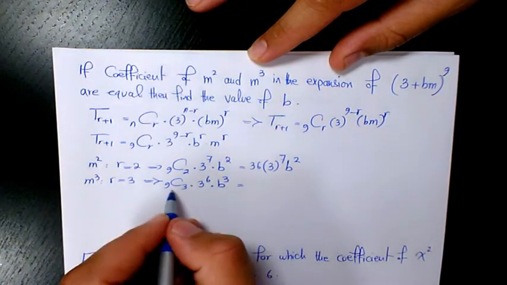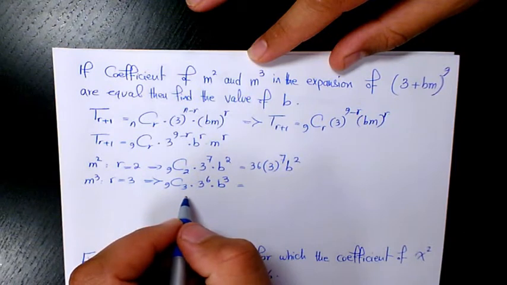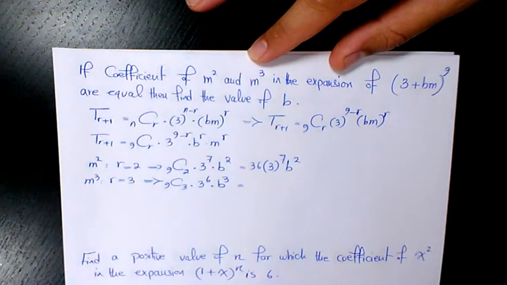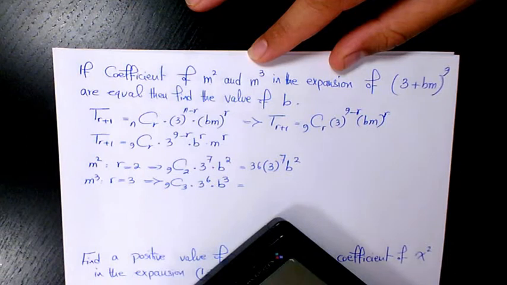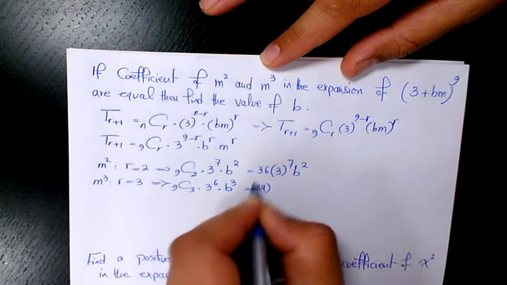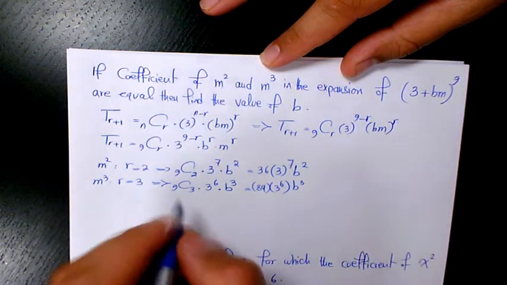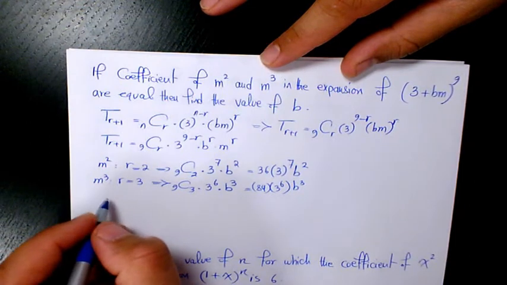That is 9 factorial divided by 6 factorial divided by 3 factorial, which is 9 times 8 times 7 divided by 6. That's 84, 3 to the power of 6, b to the power of 3. So when these two are equal,